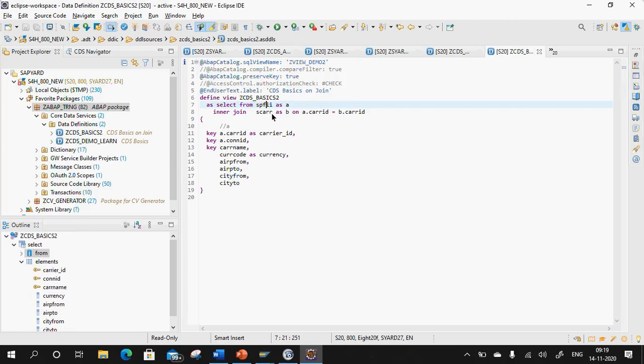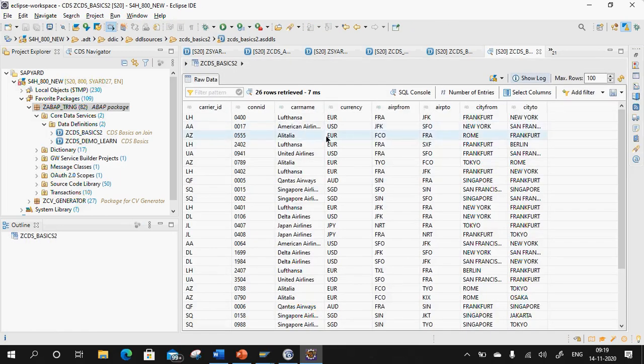So what is happening when I'm joining another CDS view, basically it is giving you the database representation object, that is your SQL view name. Whenever I am joining, either I can join two database objects only, or I can join a CDS view along with the database object, or I can join a CDS view with a CDS view. In this way you can use the join functionality to build CDS views on top of your CDS views, or join a CDS view with another data source. Up to this point, is it clear guys, how to create a join on your CDS view?